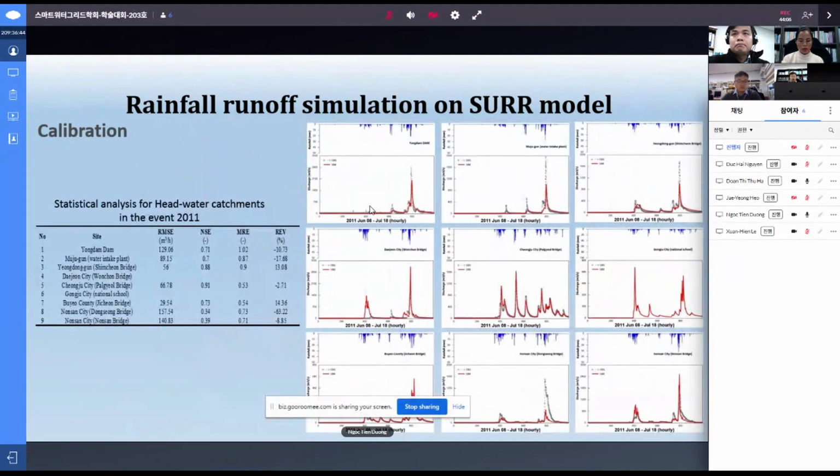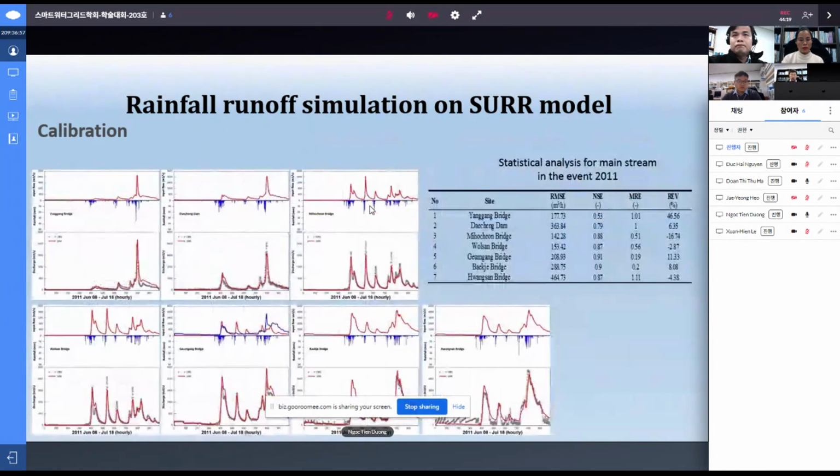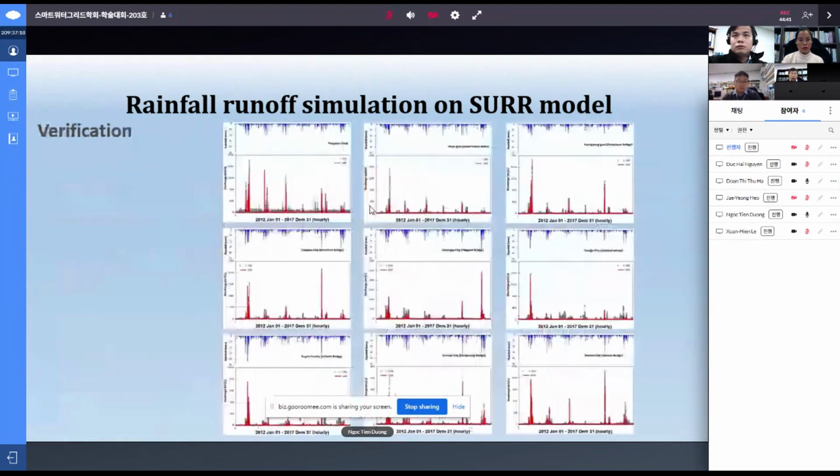here is an example comparing the simulation data and observation data for event 10 to 11 for the tributary, and for the mainstream, the same as the calibration process. I want to show the result of